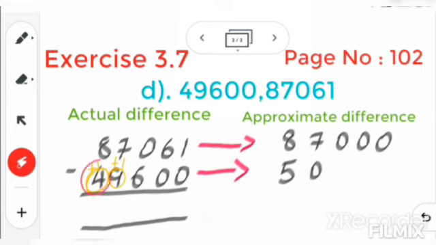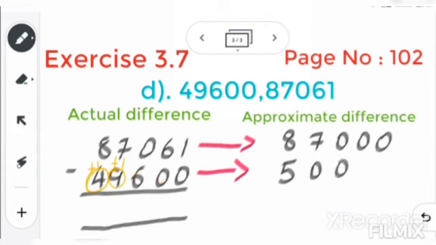On the left side we have 10,000s place. So here in the 10,000s place we have 4. With this 4 we add 1. So 4 plus 1, it will be 5. So this is becoming now 50,000. Okay, and all the remaining right side digits will become 0. So this 6 will become 0. Then both the zeros will be 0. So we have rounded off the number.